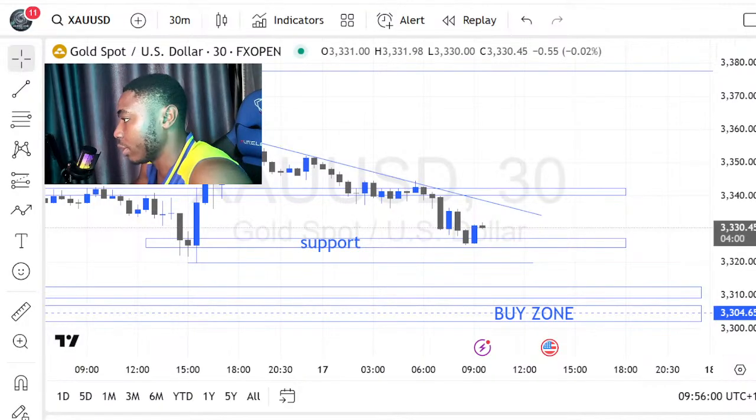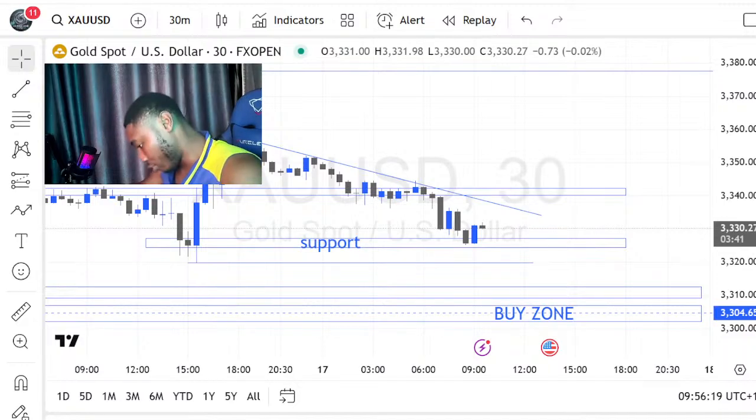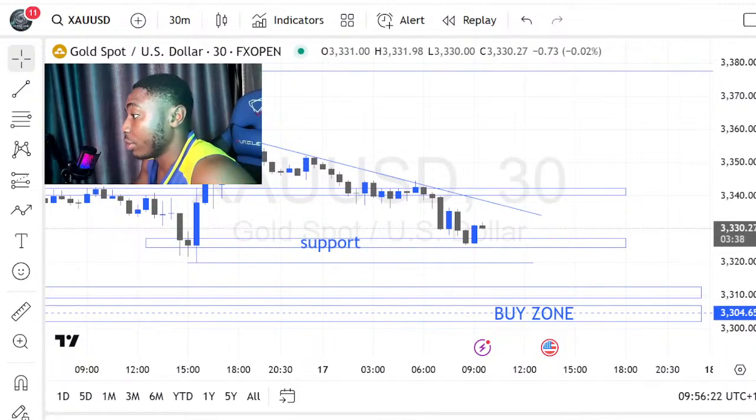It's best to conserve your energy and wait for the right moments, just like I said. Precision over prediction, discipline over excitement, and patience over pressure. Don't be pressurized. Don't trade because of pressure. Trading because, yeah, I want to make money, I want to make profit. You're going to kill yourself, guys. So don't trade because of that. You should be calm and relaxed.